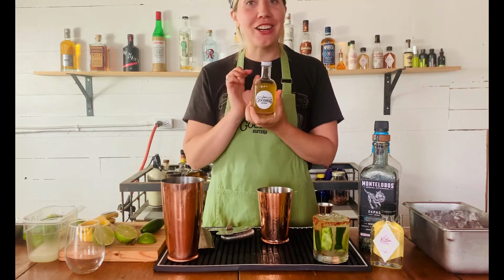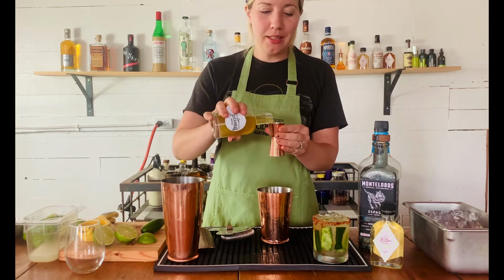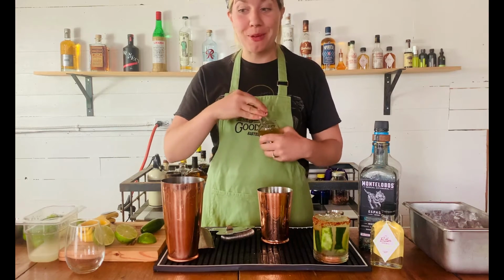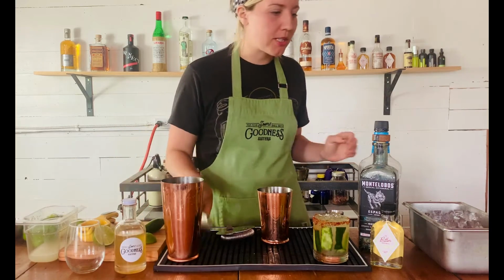Gonna add in our special syrup now, the cucumber, pepper, lime, 1 ounce of that. So it's a 2-1-1 cocktail: 1 ounce lime juice, 1 ounce syrup, 2 ounces of spirit, and then a couple dashes of the bitters if you have it. We're just gonna measure in some ice